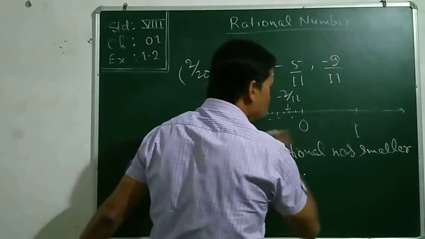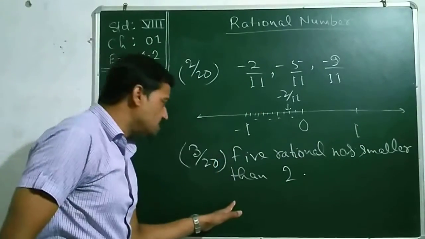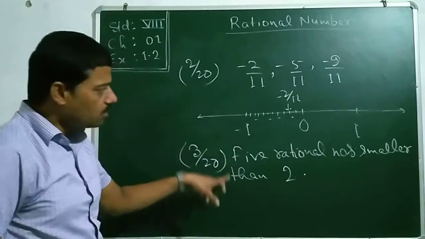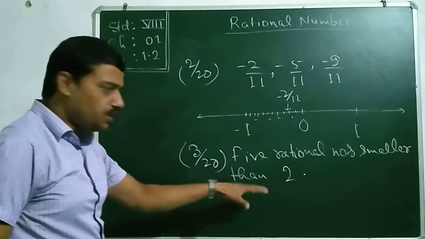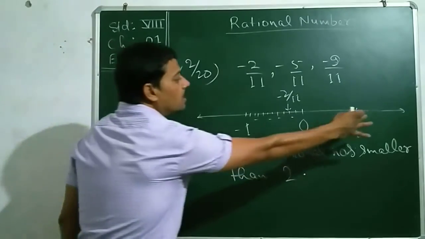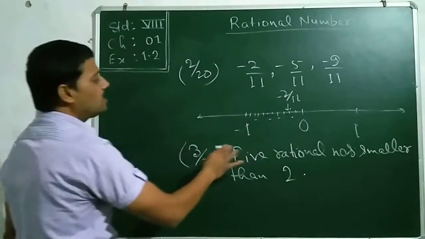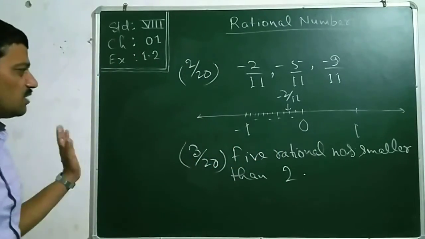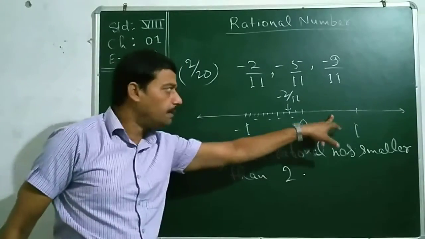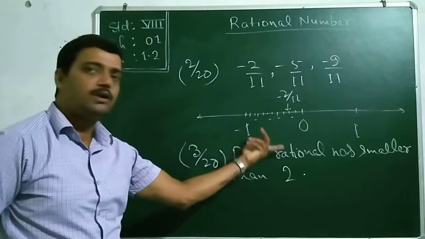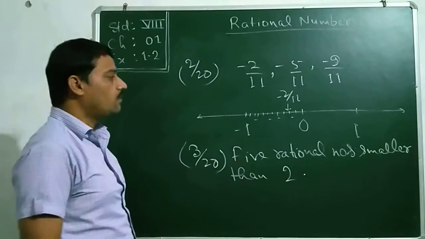So all the numbers lying in the left of 2, that 2 must be shown there if we consider this number line for this sum, as we need to draw a separate line, but I am explaining only. Here you will do it yourself. Before the 2, the numbers are 1, 0, minus 1, minus 2, so many numbers are there, whatever you want to add. In between also so many numbers are there. Say 1 by 2, minus 1 by 2, minus 2 by 11, all these numbers are smaller. Whatever you choose, you can go for.